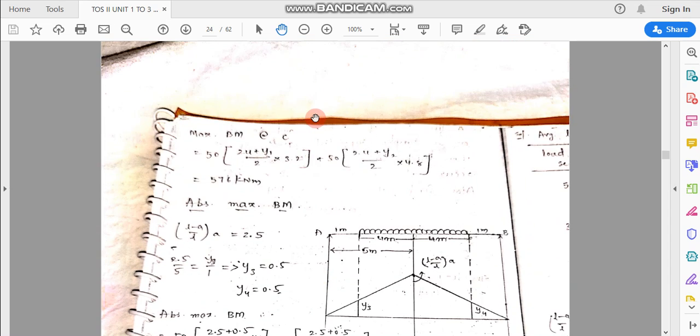So this is how we calculate the maximum bending moment at different points, and also the shear force and reactions with the help of these values. Influence line diagram, this unit is very important. We can expect two long answer questions from this unit. Many times they give 2 long answers from this unit, so don't miss any topic from this unit. It will be very useful for you, and it is very interesting.